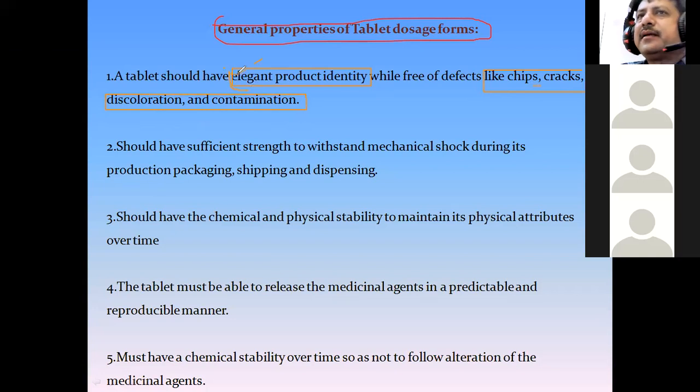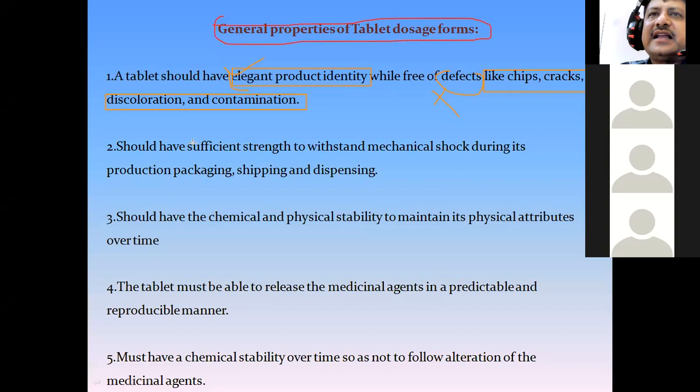Okay, so a tablet should be giving us an elegant product identity. It should be free from defects, so no defect should be present. So what are the defects? There should be no chipping, cracking, discoloration or any type of contamination in the tablet. Then the other general properties of a tablet include they should have